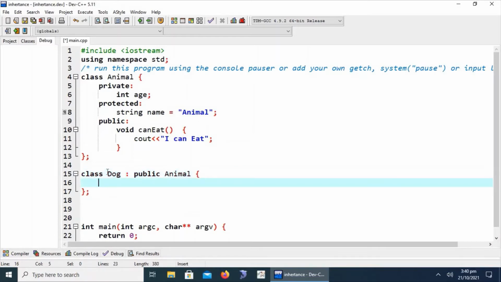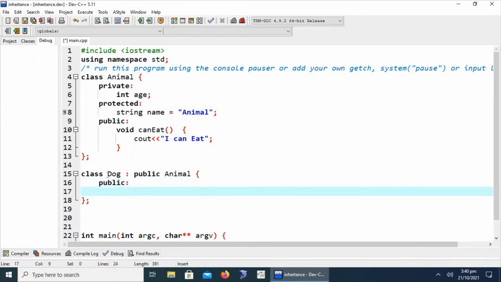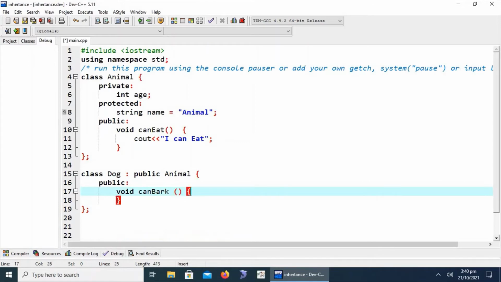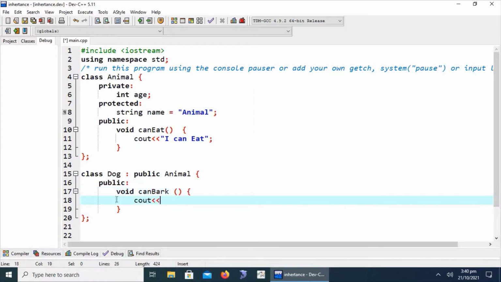Here we can write its own private, protected as well as public access specifiers. We are just providing a public access specifier to write down the new function. Let's suppose can bark. Here we will write cout I can bark.